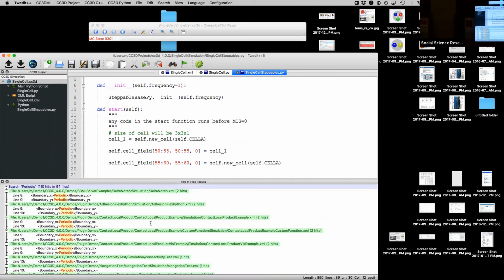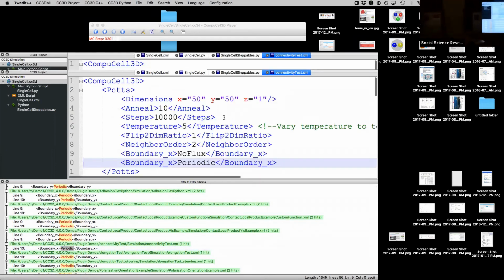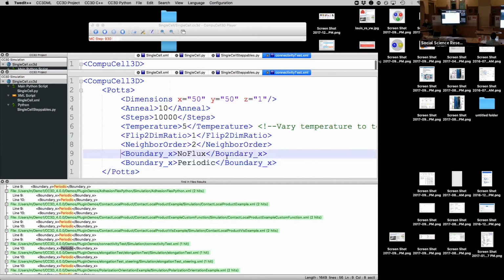I don't know. Let me choose. I'm just looking for something useful. Oh, this one is actually good. Connectivity test. I'm going to double click here. And it should open the file, okay? So the nice thing is that when you open this, you get this little thing,